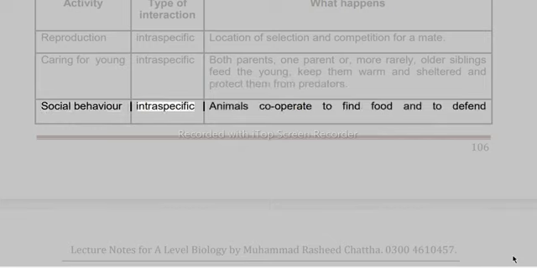Social behavior: intraspecific. Animals cooperate to find food and to defend